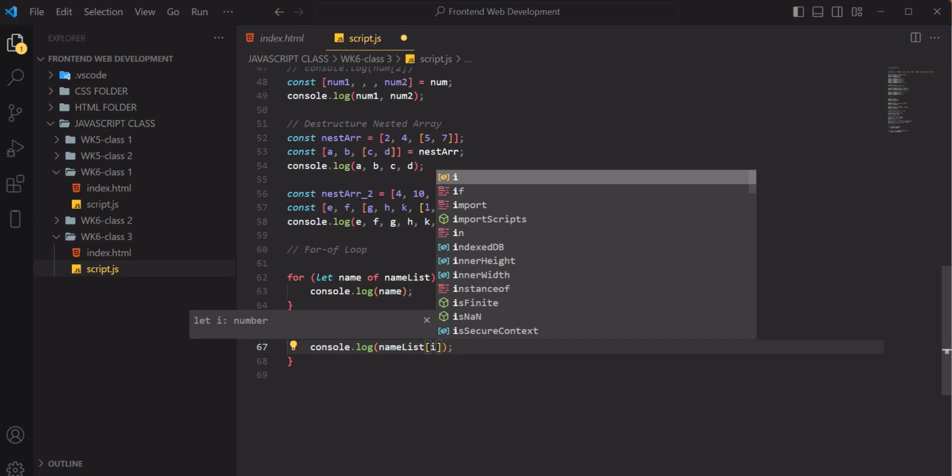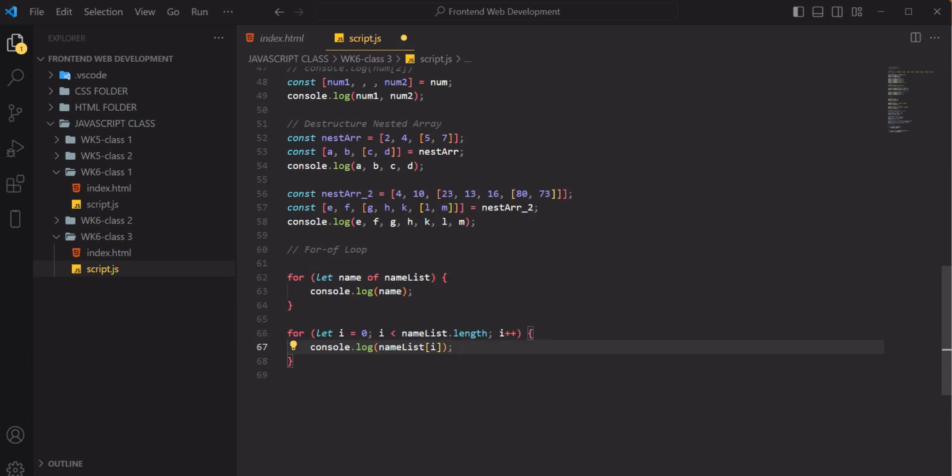So at position i, the varying value of i, that is what we are going to use to access all the elements of the array. And I don't think this one is new to you, because for you to be able to get the elements of the array, you need to